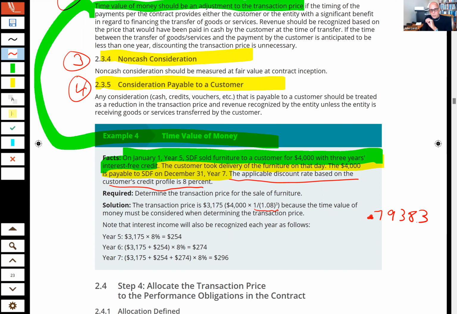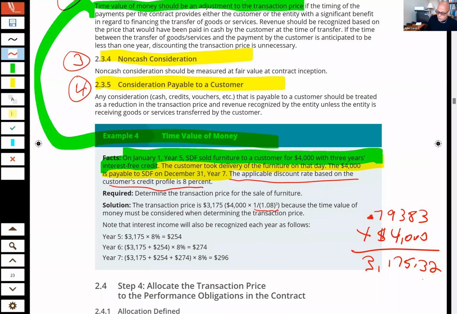Okay, so on the exam, you will likely have a tool available for a question like this. If you were doing it in a task-based simulation, they'll let you look up the factor, or if it was a multiple choice question, they'd probably give you a table or a portion of a table where they would expect you to be able to look up the factor of present value of $1 at 8% for 3 years. And the intersection on that would be 0.79383. You take that and you multiply that by what? $4,000, okay? And that gives you a present value of $3,175.32.